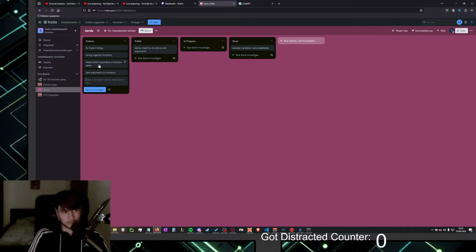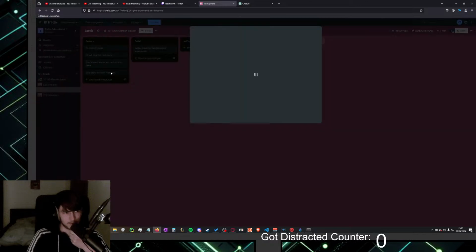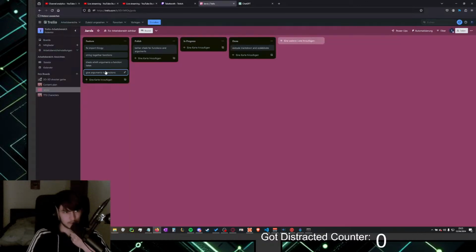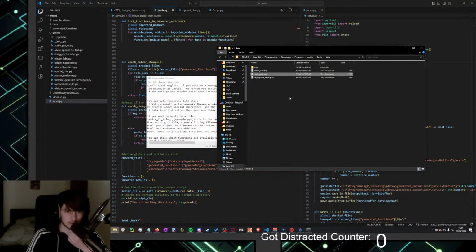But back to that. Currently it can check which functions it has available, but it doesn't know what it has to give to those functions to actually work. So we need a way to check which arguments the function takes. And I think I should probably start with giving arguments to functions, or the input thing, or probably let's do that. Give arguments to functions.